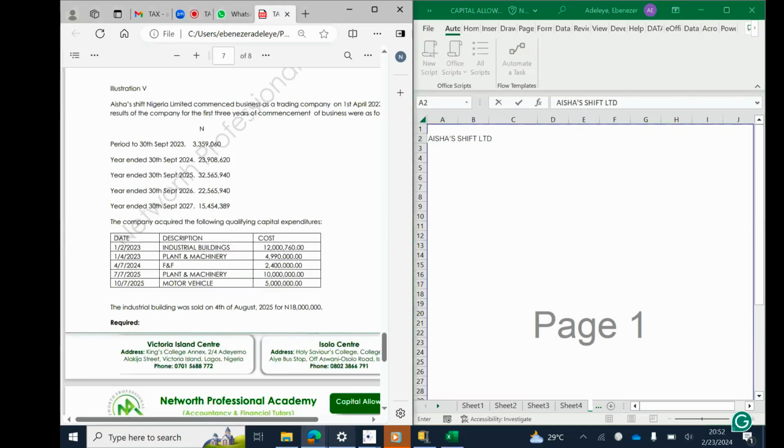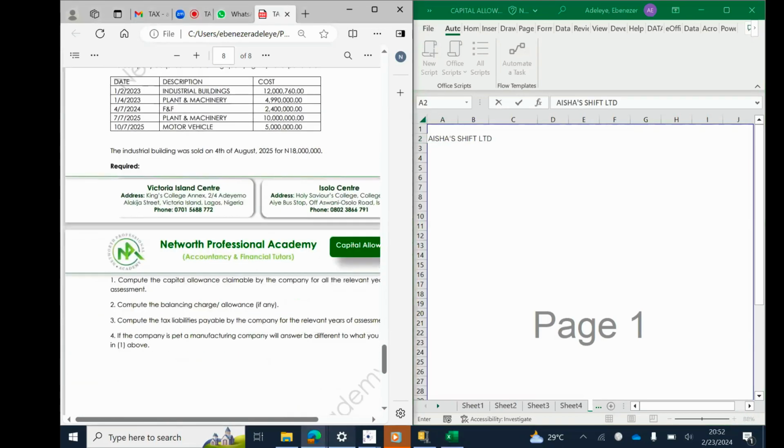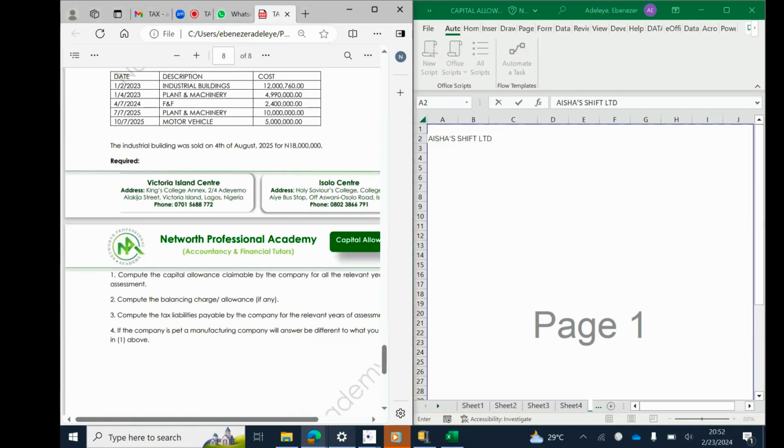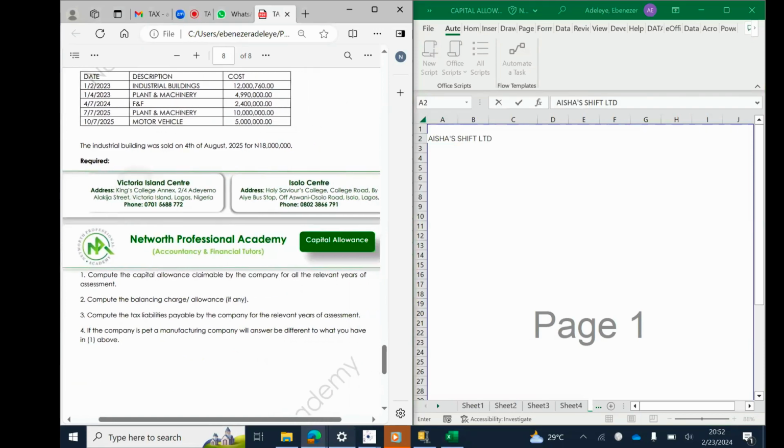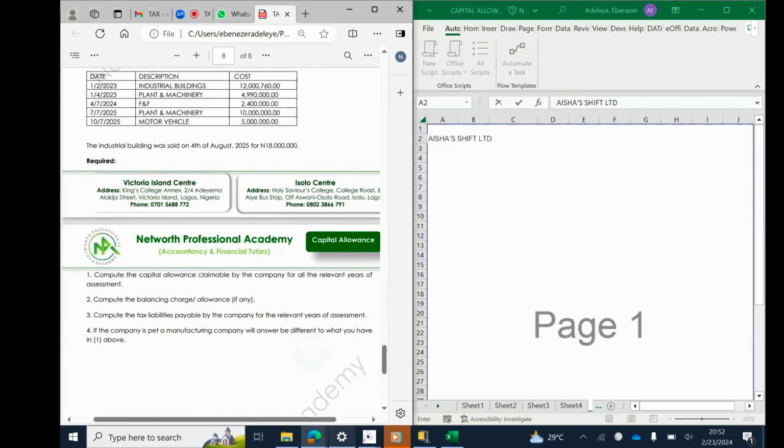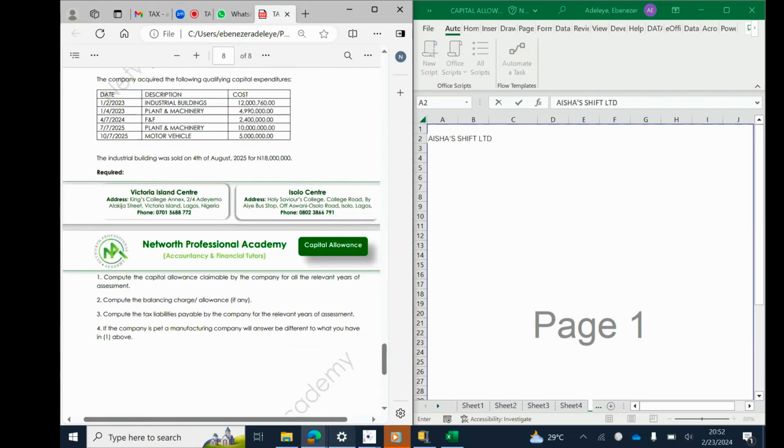So the first requirement is that we compute the capital allowance claimable by the company for all the relevant years of assessment. In doing this, do not forget, I have mentioned to us before, when you want to answer,